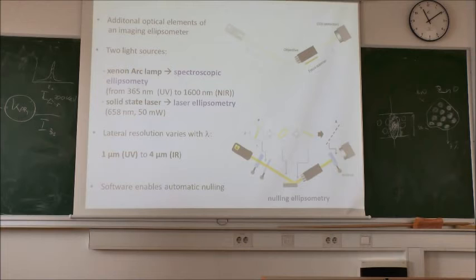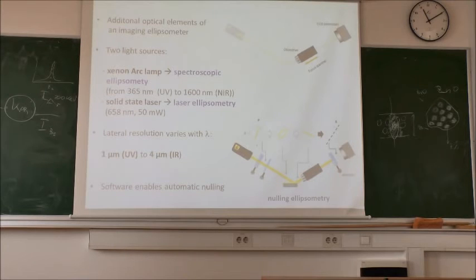Our imaging ellipsometer is based on null ellipsometry. This is the procedure of finding a minimum in the signal of the photodetector. This means that optical elements are rotated so that there is no signal on the photodetector. But usually the compensator is fixed at a certain angle, while polarizer and analyzer are rotated. From the relative angles, we usually then obtain